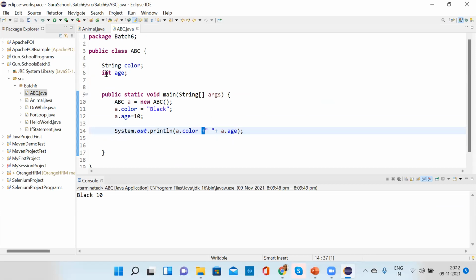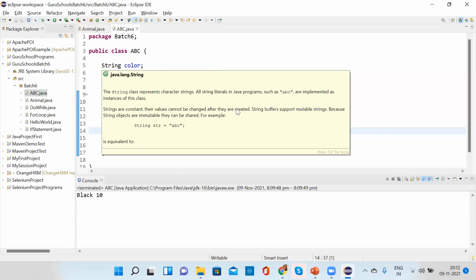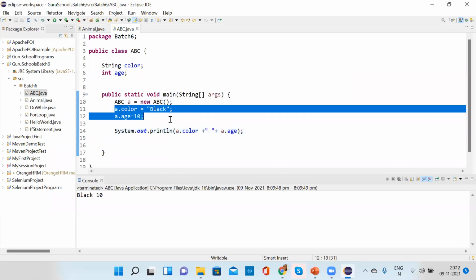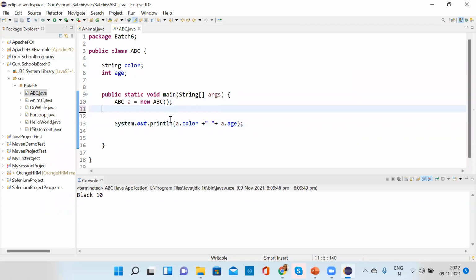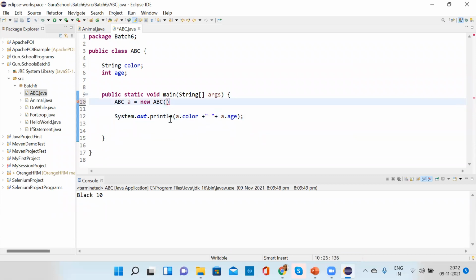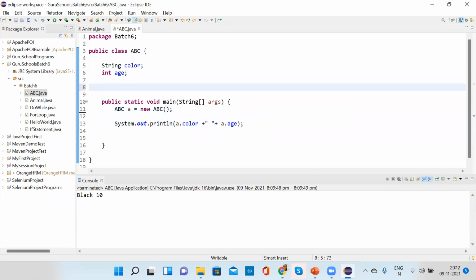This is by reference variable. Now we don't want to give the value here. Instead, we want to create one method. So this is by method, right? So we want to create a method, an instance object method. You can write any method name.